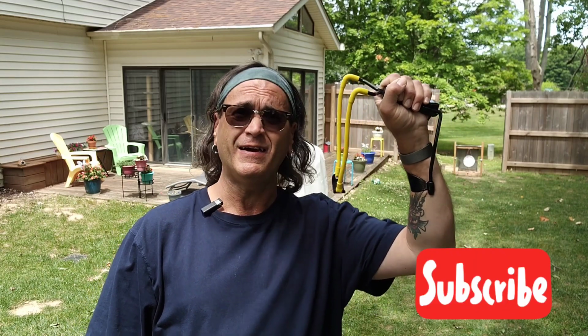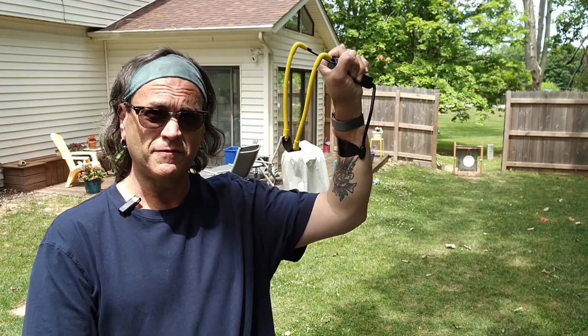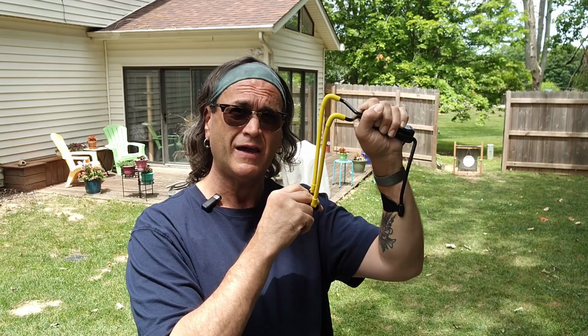We're out in the backyard, and it is a beautiful summer day. It is the first time I have shot a wrist rocket in 40 years. I have not taken any practice shots off camera, so this is going to be literally the first shots that you're seeing. To start out with, I'm going to use some 8mm ammo,